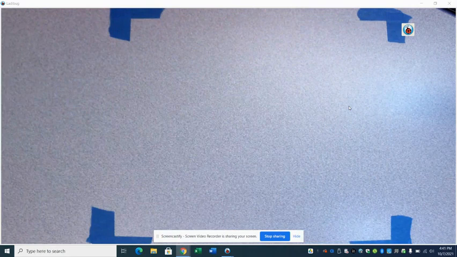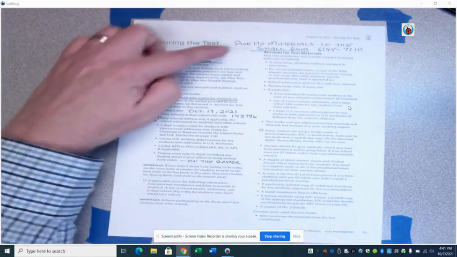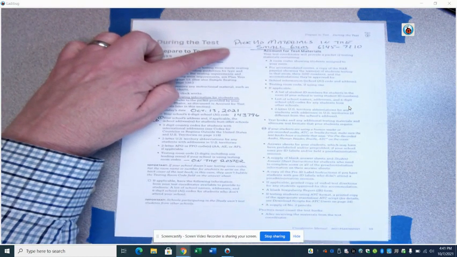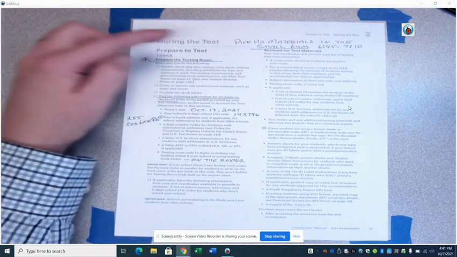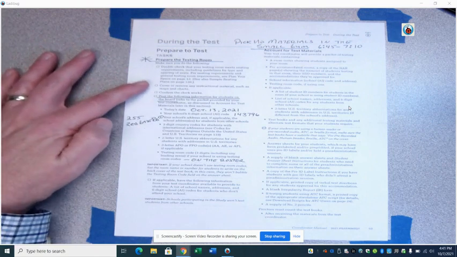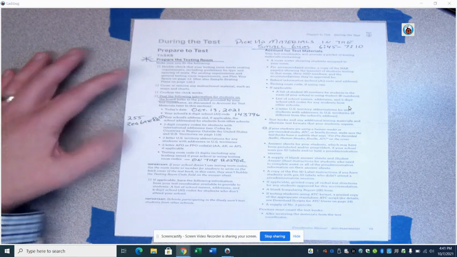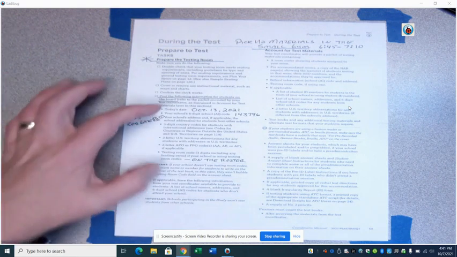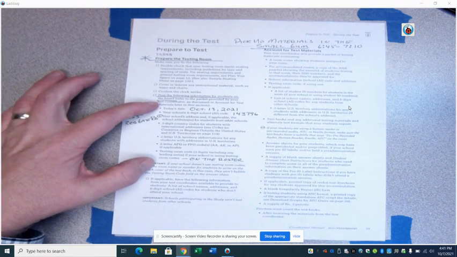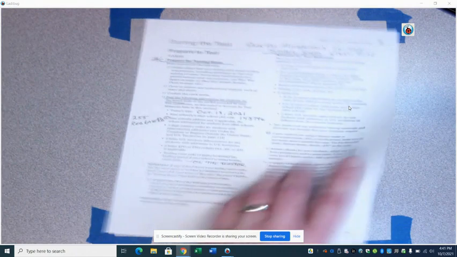So on the morning of the test next Wednesday, you are going to pick up your materials in the small gym. They will be available by 6:45. Please pick them up by 6:10. You're going to prepare the room, make sure everything is covered. There's no information that could help students on the test. And then you're going to put this information on the board. This is a little bit different for MP3. You're going to put some additional information on the board, but everybody's going to have this information here on the board on test day.